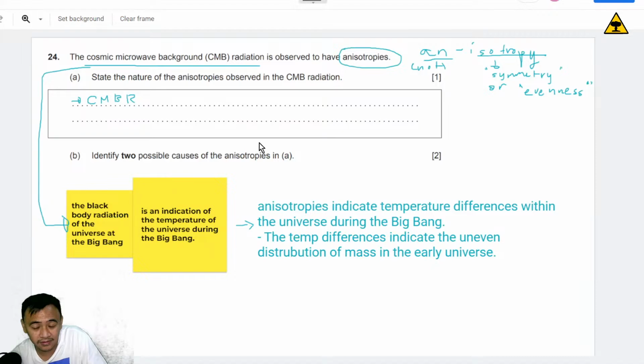Okay. Just type that in. CMBR anisotropy. Entropies mean it